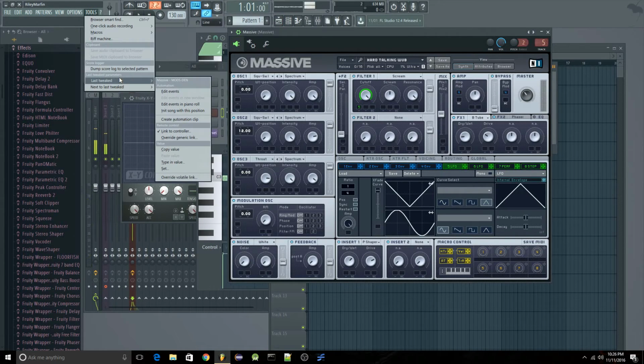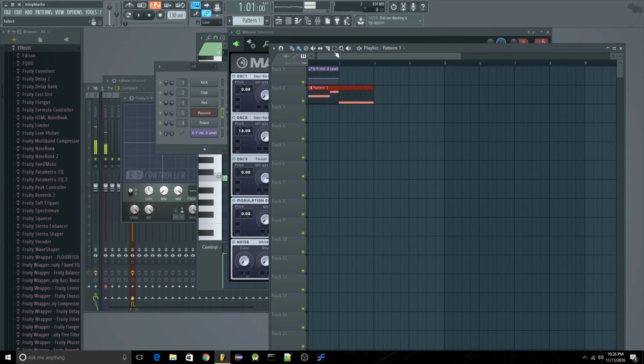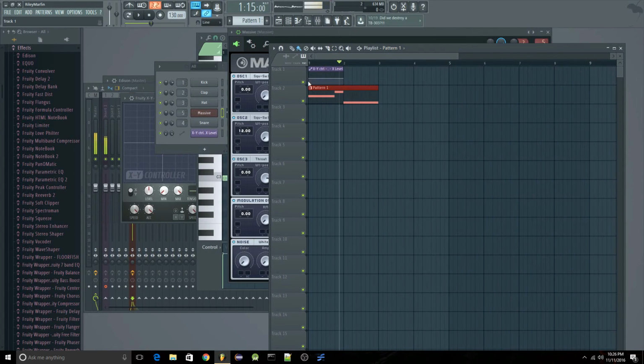Since this is the last parameter I've tweaked, you can see the title of the parameter right here, massive mod 5. That's the parameter. We can copy that value, go into the automation clip that we created, right click, and paste the value as our initial value. So now when I start it,